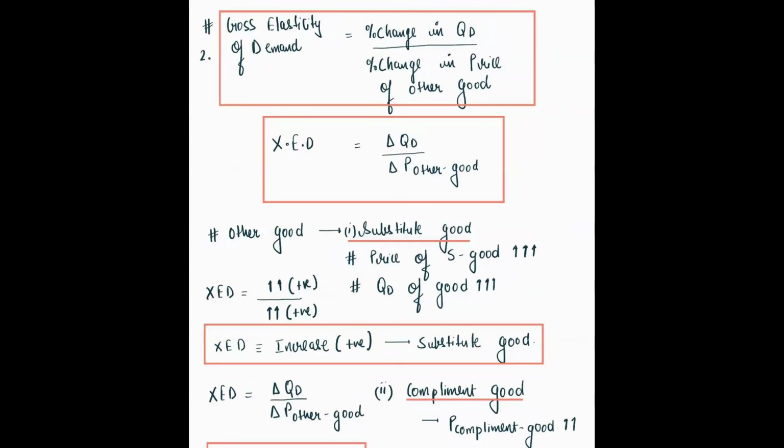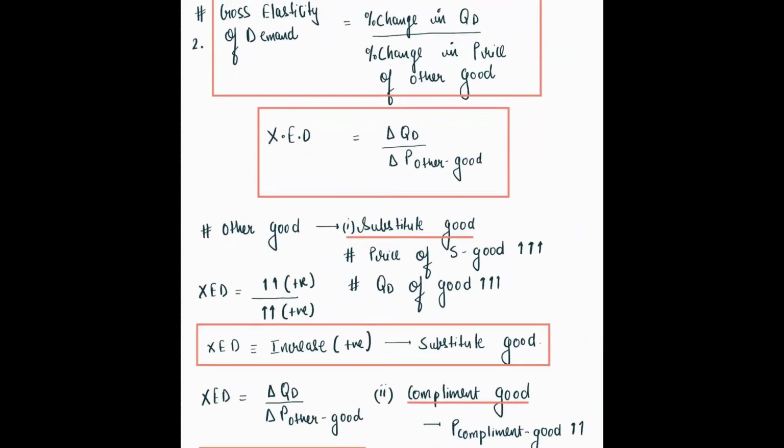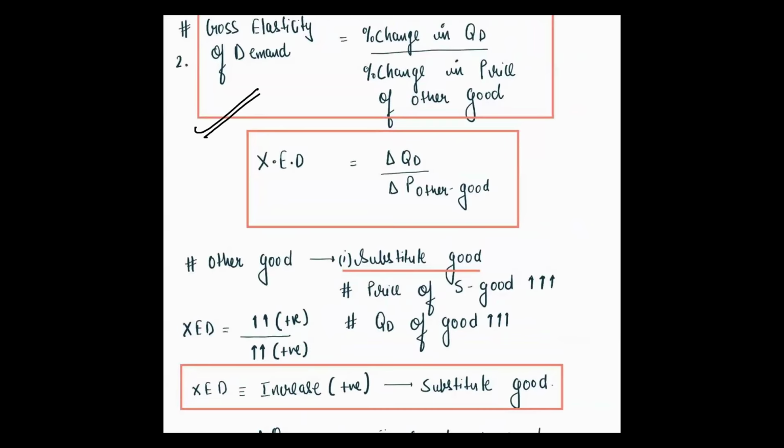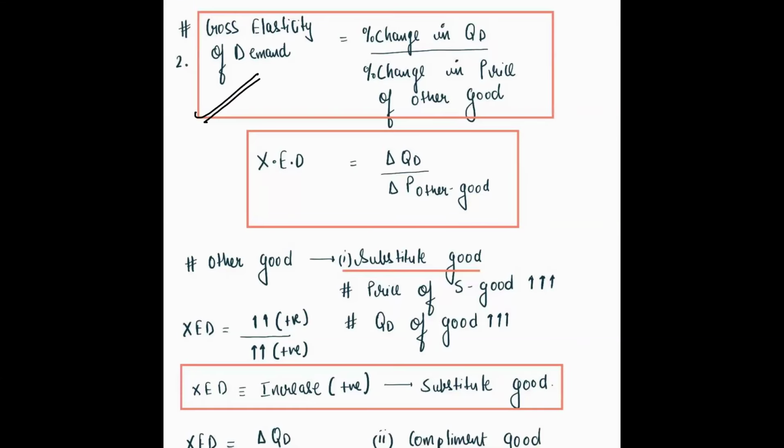Now we are going to the second concept of elasticity after price elasticity, that is cross elasticity of demand. So I have told you cross elasticity of demand is the concept with the change in price of other goods, the quantity demanded responds. What are other goods? Substitute goods and complement goods. So this cross elasticity of demand is for price change with other goods, not for the same good, right?